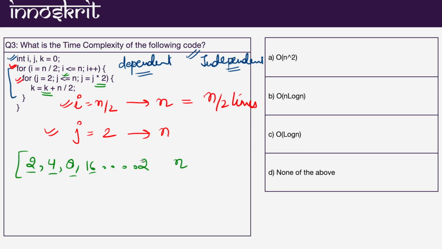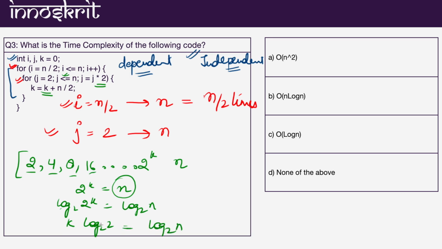Let's say the last term of this series is 2 to the power k. So 2 to the power k will be equal to n, since it will go up to n. Now taking log on both sides with base 2, it will become log of 2 to the power k equals log n. So now using the property of log, log base 2 of 2 is 1, so k will become log n.